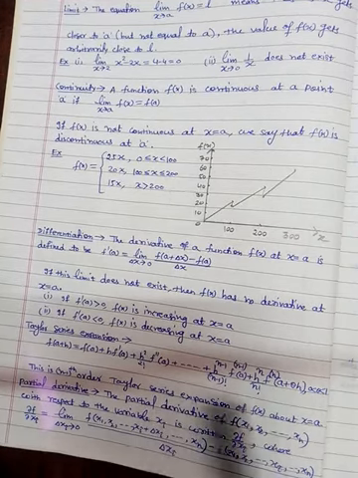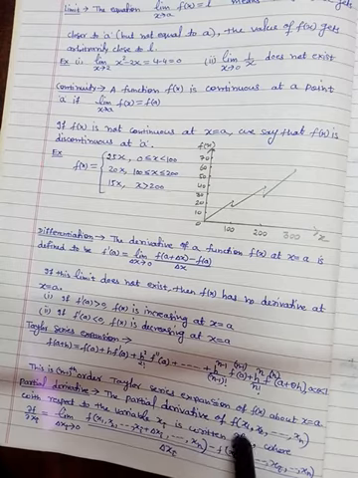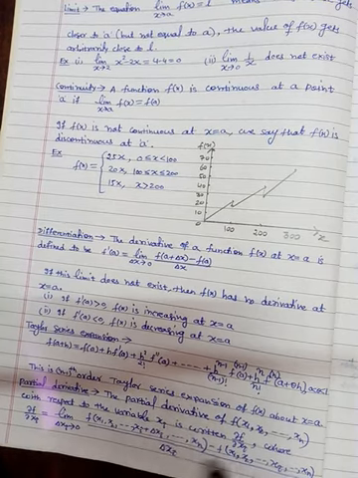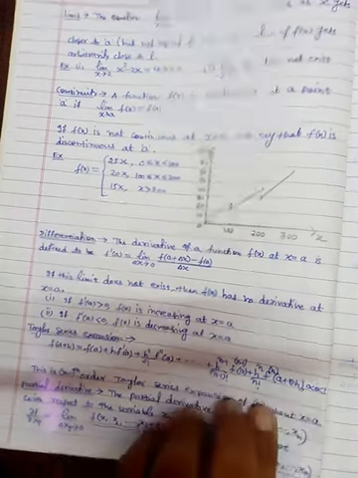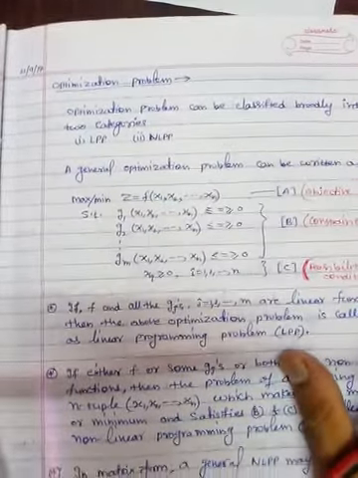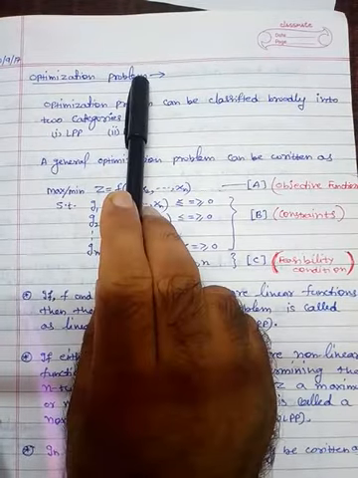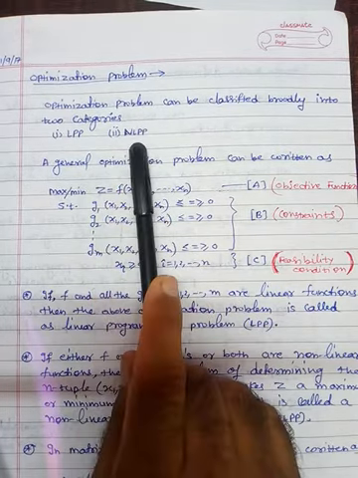You can easily understand. What is the meaning of partial derivative? Suppose we have a function f of the variables x1, x2, xn. So we can partially differentiate this function with respect to xi. So here in terms of limit, this is given to you. I think you are easily aware about these things. So now we will start about the optimization problem. What is optimization? So this is the optimization problem.